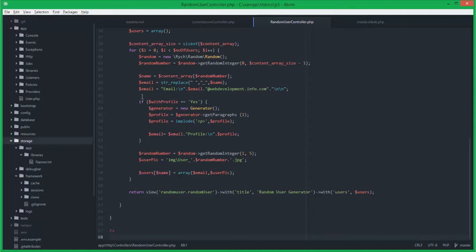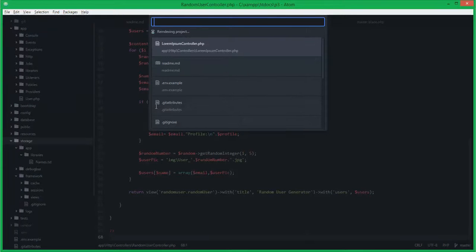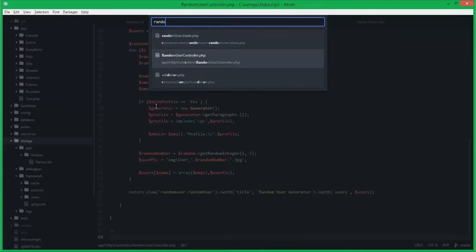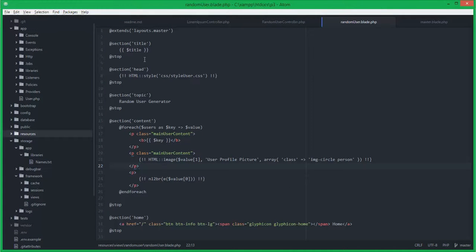In the view, if we see the view for the same, it is random user array. In that, we utilize the master template and set the style, set the topic, set the content wherein we have the user name and the user content.